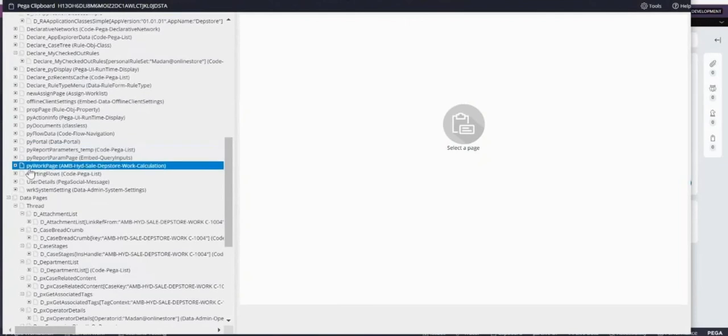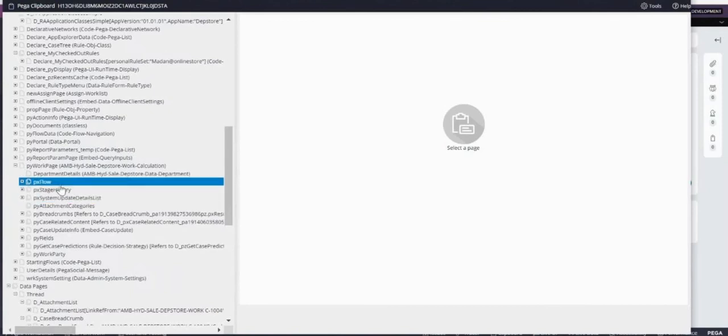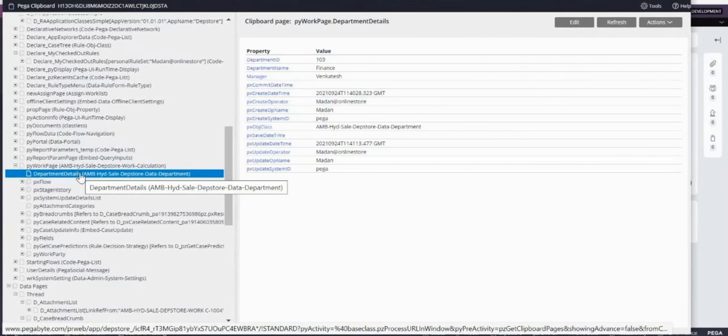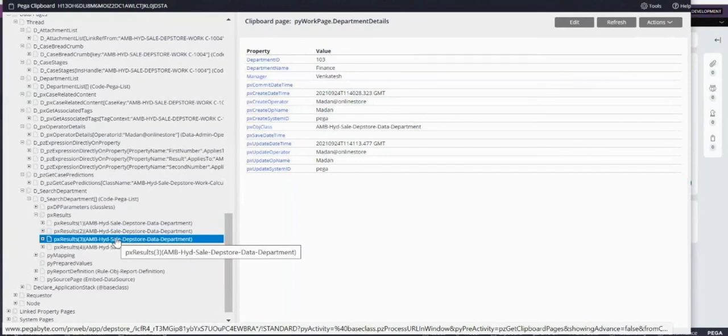But how has this been retrieved? Go to the PO workbench, see your department details. Is there any change in your workbench? No, nothing. It is showing as is, as what you have seen in the parameterized one. The only difference you saw is that now all the records which are there in your DB have been placed into your data page.